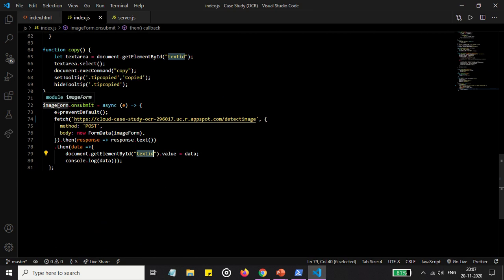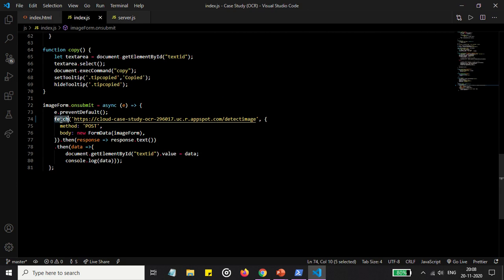On the event on submit, the form data is sent to the backend using the fetch API, and as soon as the event is triggered, the first part is preventDefault, which prevents the auto refresh of the window.